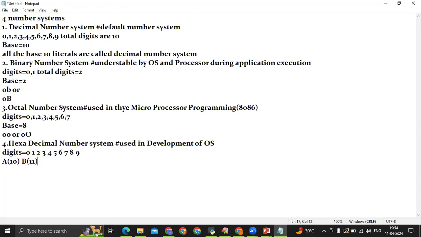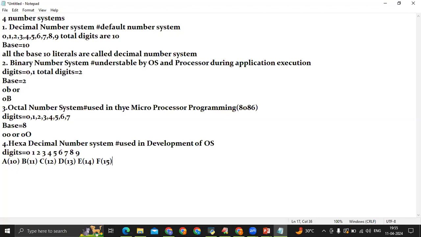Now they have C, which is considered as 12. Then they have D, which is considered as 13. Now they have E, which is considered as 14. And next they have F, which is considered as